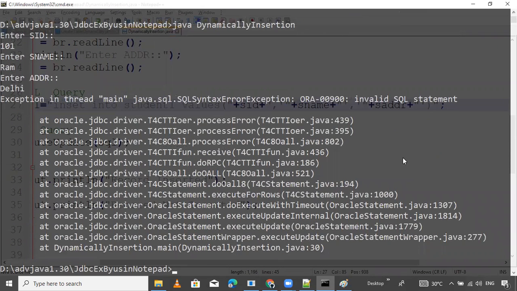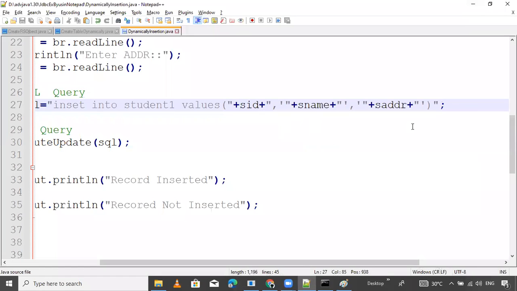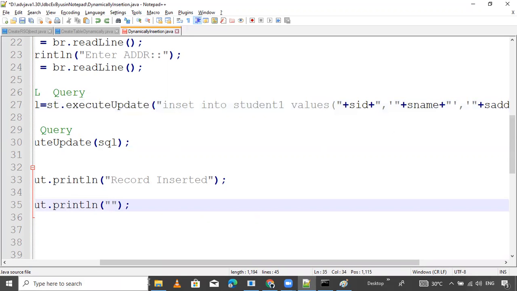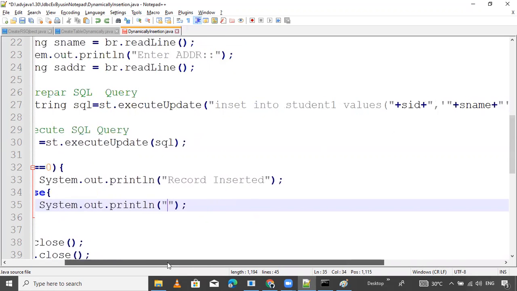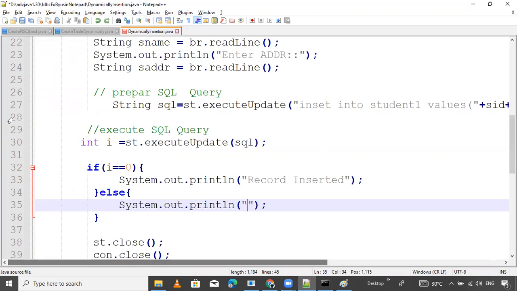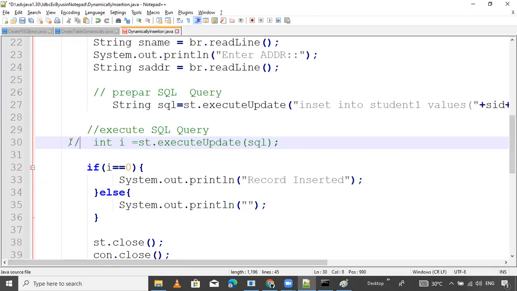Okay, SQL invalid exception. The same exception is coming. We did a mistake somewhere. We are preparing the query inside the execute method. Okay, so remove this.